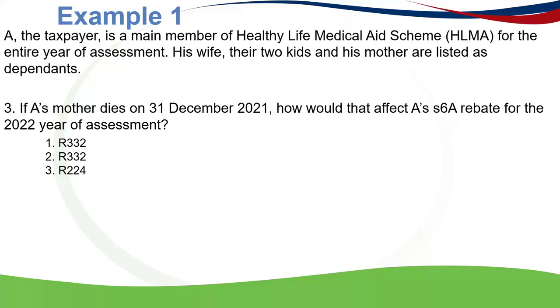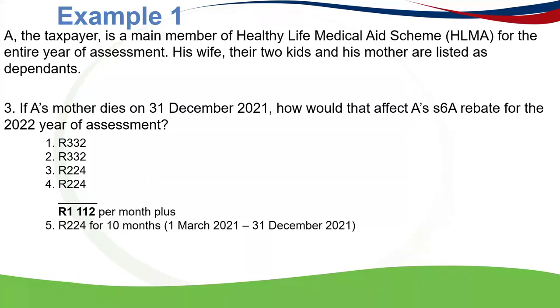So it will be 332 for the first and second dependent, 224 for any additional dependent. So we will get to that as 224 for the 2 kids, and then 664 for the wife and the taxpayer. That will give us a sum of 1,112 per month, excluding the mother, right? Why? Because the mother now is not a dependent for the entire year of assessment, so her calculation will be different. Right. And then in terms of that first dependent being the mother, as she was only a dependent until